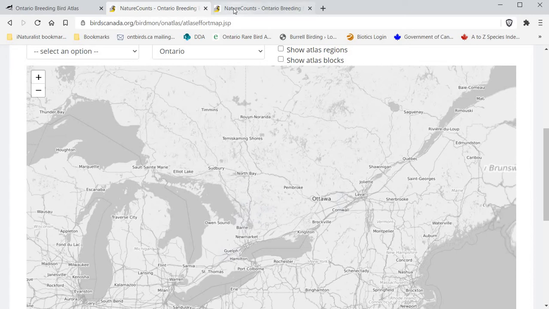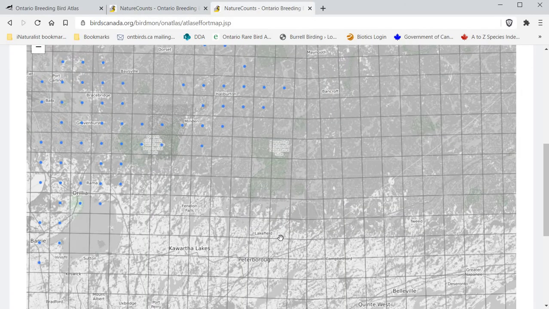I'm just going to skip over to this page here where I've zoomed in already, and you can see because we checked the show square assignments on this map where we're zoomed in, you can see a whole bunch of blue dots over around Orillia, Gravenhurst, Bracebridge, and Haliburton. Those regional coordinators are super on top of things and have already made square assignments in those areas. I'm going to show you an example here in the Peterborough area, how I would assign a square if it was my region. So I'm going to click on the square